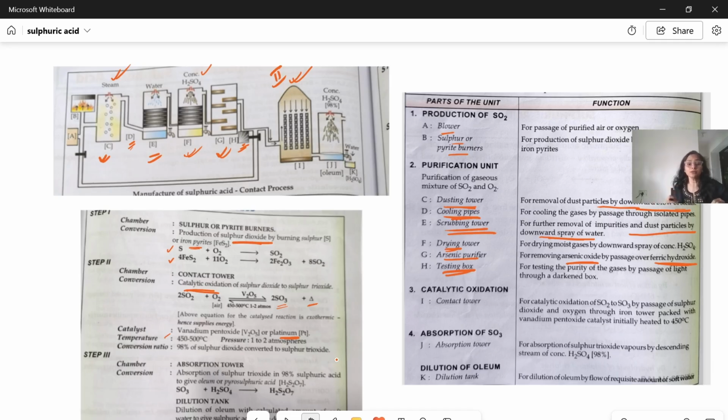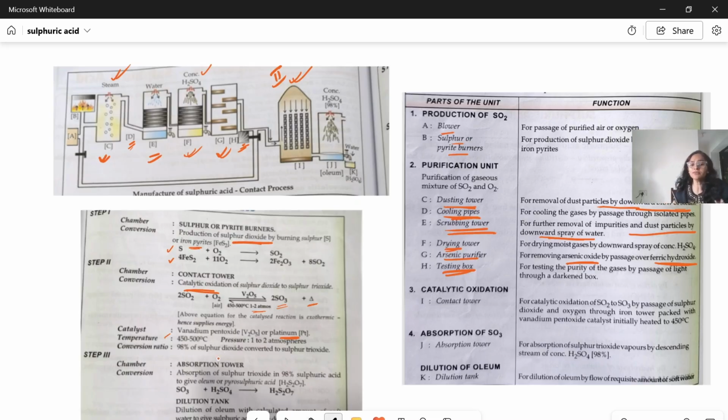What is the pressure? So the pressure that is required for this reaction is 1 to 2 atmosphere. What will happen if the pressure is less or the pressure is more? So it is seen that 1 to 2 atmosphere is the optimum pressure. If the pressure is more than this, then there are problems, like it can damage the lead pipe, or it can even decompose the catalyst that we have. So therefore, pressure should be optimum, which is 1 to 2 atmosphere. Again, this question comes, that why this pressure. I'll take you through the different questions that we generally get. So pressure should be 1 to 2 atmospheres.